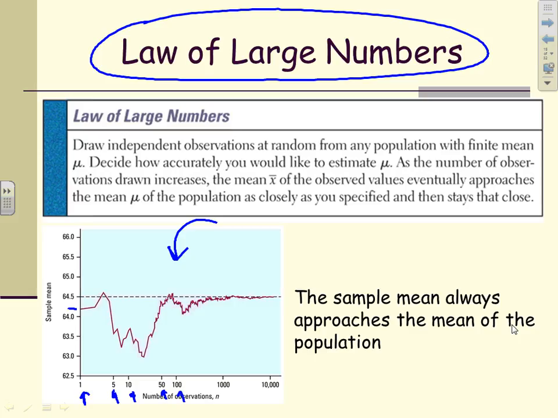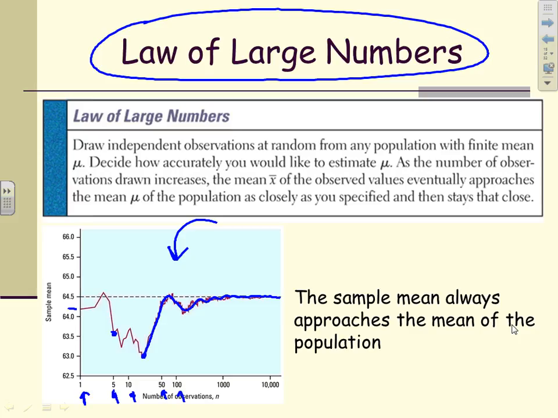And as we increase our sample size, say to 5, for this particular sample, the mean is all the way down to 63.5, a full inch below the true mean. And it actually goes below that as we increase the sample size. Again, due to chance variability. But as we keep continuing to increase that sample size, it's going to get closer and closer and closer to that true mean, and it's going to stay there at that point. All right, and we could explore this a little bit further, and we will with an example in class. But the idea is that as you increase the sample size, x bar gets closer to mu.